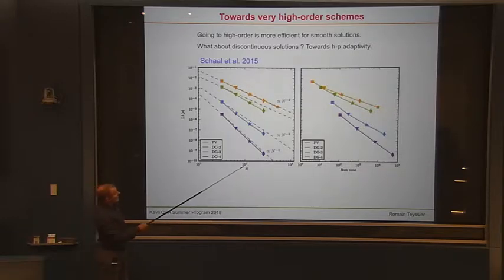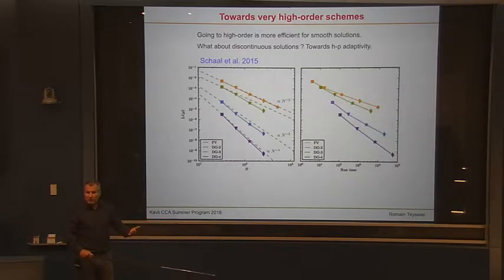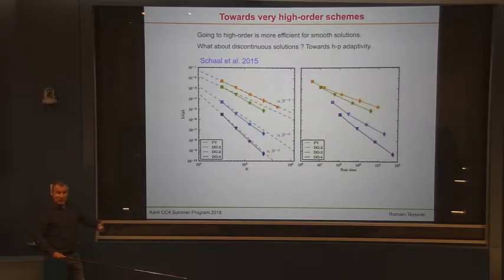So, for example, for 100 elements, you see that the fourth order method has an error which is almost 2 orders of magnitude smaller than the third order method, and so on and so forth. Right? So, of course, it's much more expensive. As I told you, you have all these coefficients to integrate with time, and so it's really more expensive in terms of memory and in terms of time.